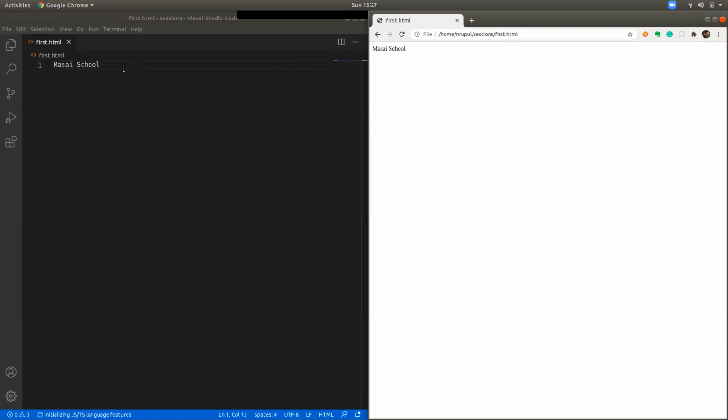So you can write any content in this text file, and you open it in your browser and it shows that content. But this is not a valid HTML document. We'll learn what an HTML document consists of and what is the meaning of those things which you put in an HTML document.